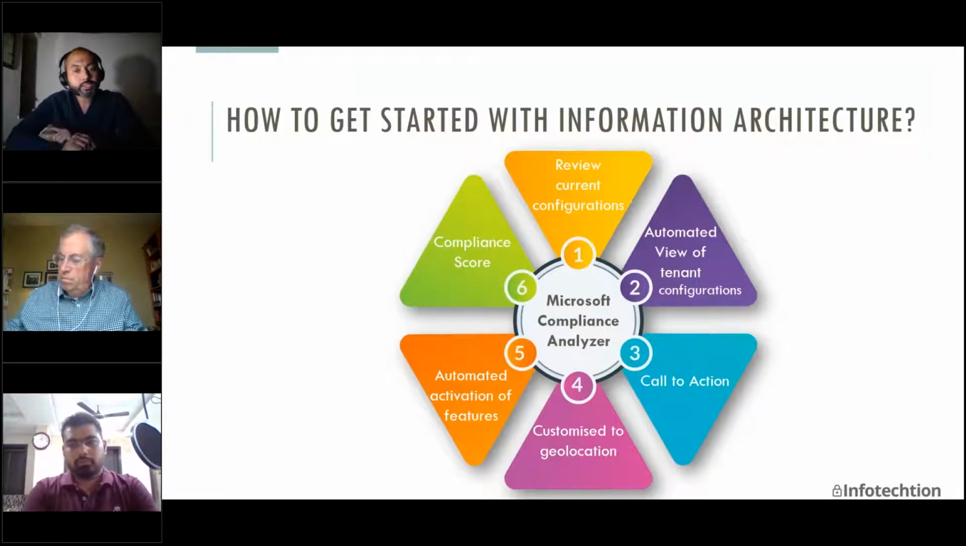So it not only tells you which of the Microsoft features you need to switch on in order to increase your compliance score, but it also tells you what kind of policies and what kind of retention labels you can create in order to get started with your governance journey. So just a quick summary on this. The compliance analyzer reviews your current configurations. It automatically